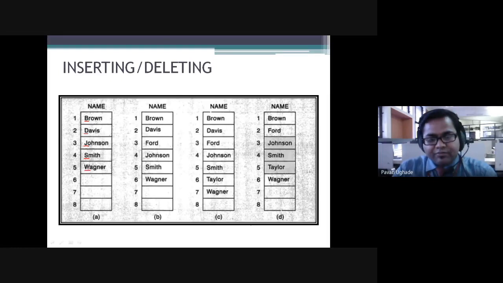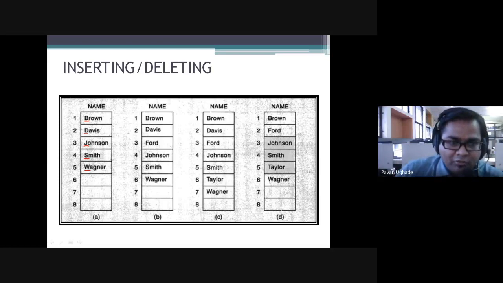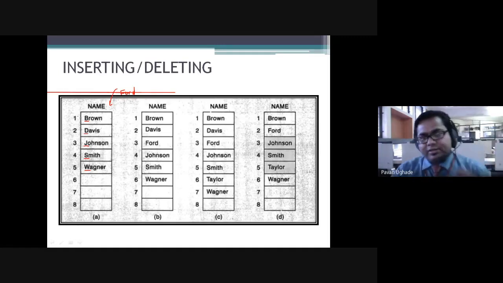Now there is another entry that I'm going to make. Mr. Ford, I want to store here. I want to add one element. The element is Ford. Can you tell me where this element is going to be stored? It should follow the sequence. It should not be that we just add it at position 8. It should follow the sequence. Where should Ford come? At what location, guys? At 6, at 6 here.